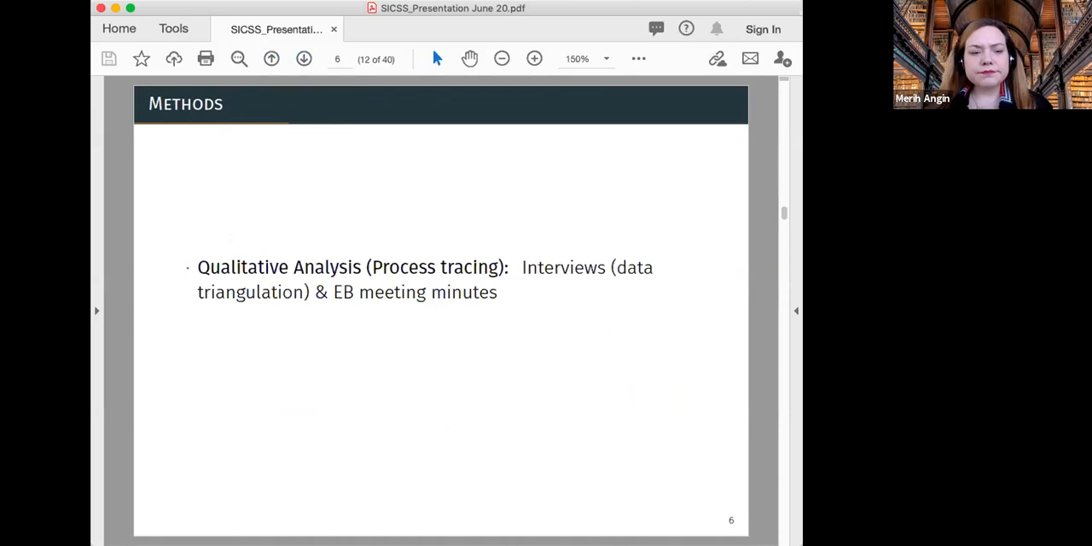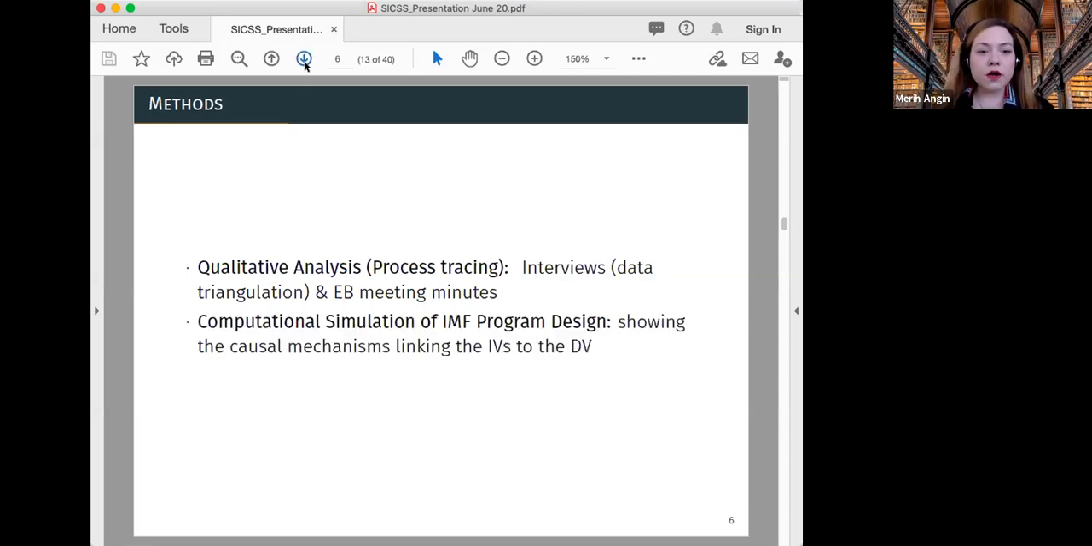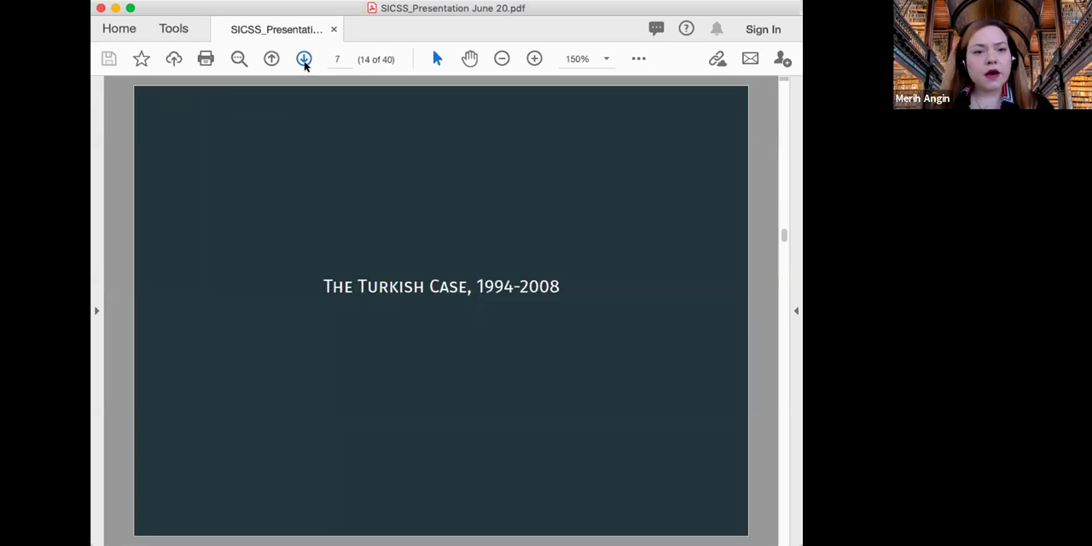So what we do, as I said in this project, is a mixed methods approach. Process tracing on Turkey is the one I'm going to present you today, followed by the computational simulation of the IMF program design. I cannot assume that you all are familiar with the case of Turkey, or even if you are, you don't necessarily know the details, and you don't really have to, but just for the sake of talking